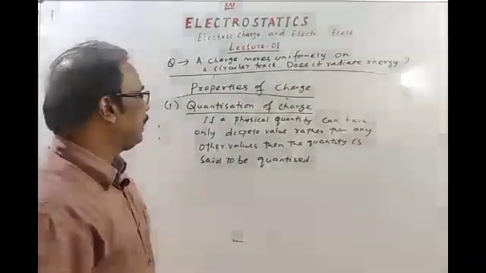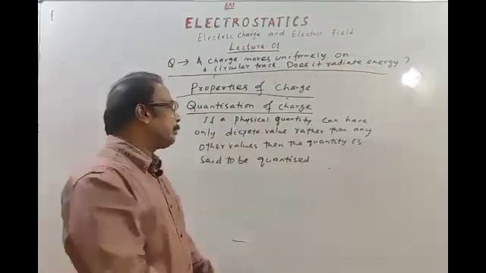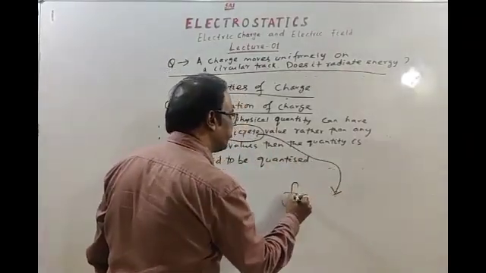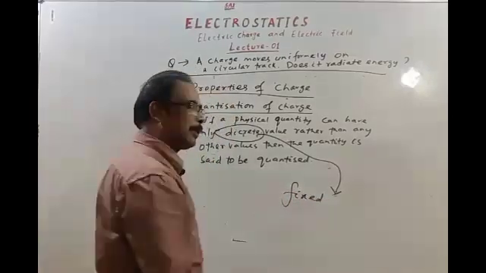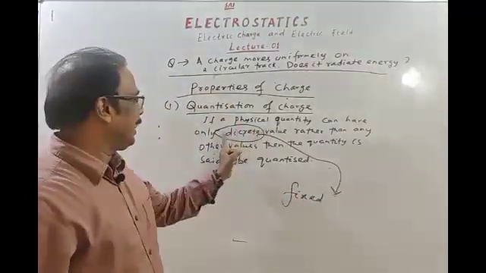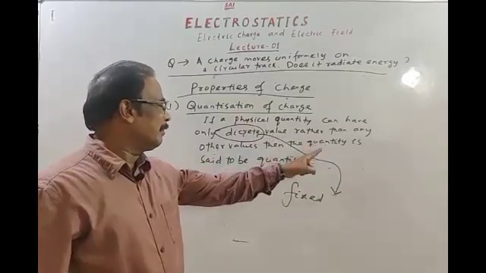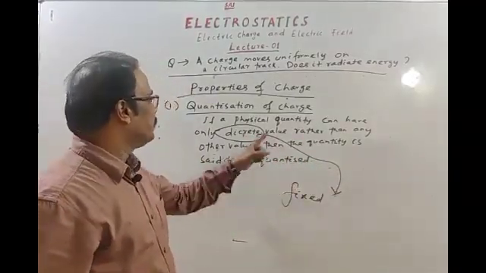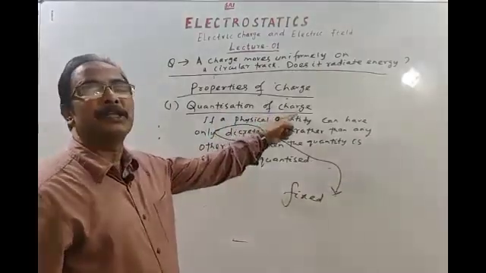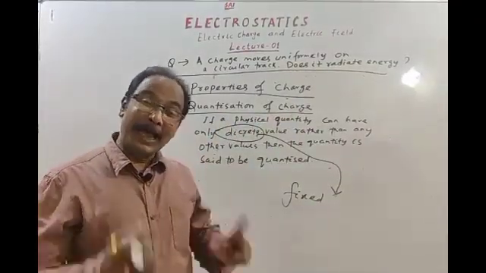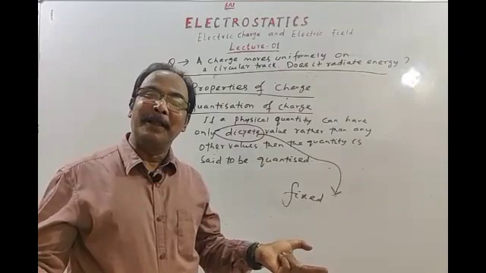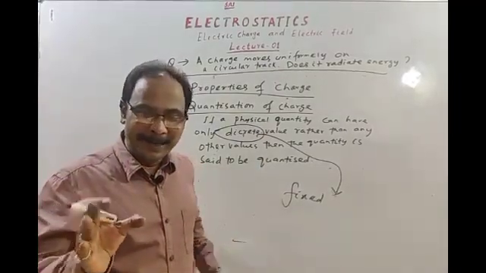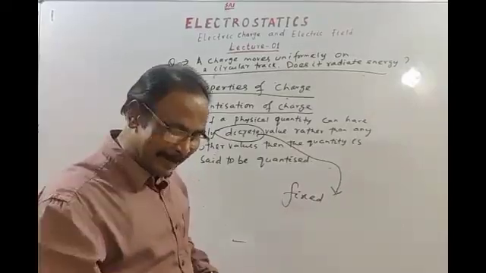If a physical quantity can have only discrete values, what is the meaning of discrete? The meaning of discrete is fixed or constant. If a physical quantity can have only discrete values rather than any other values, then the quantity is said to be quantized, and this is quantization of charge. So charge is available in a body in some fixed amount. Then how can you understand it? See, students,